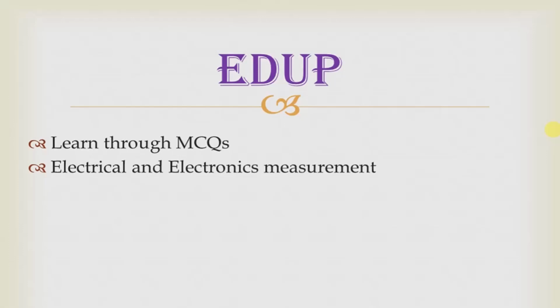This is my third video on electrical and electronics measurement. In my last videos, I have discussed some MCQ questions related to some terms used in measurement like dead time, dead zone, etc. and different types of errors occurring in measurement system. Today's lecture is more like a revision class for what we have studied in the last lectures. In this lecture, I have taken some MCQ questions from previous year competitive exam also.